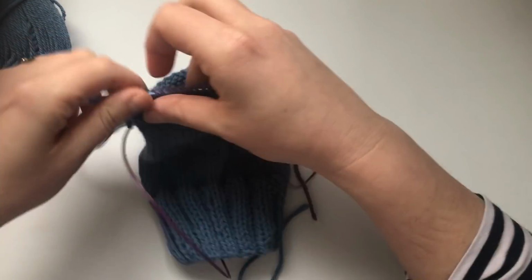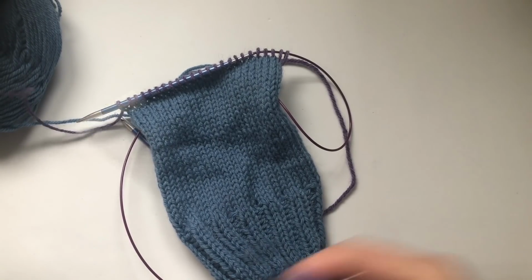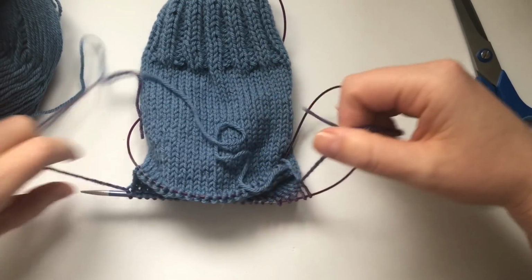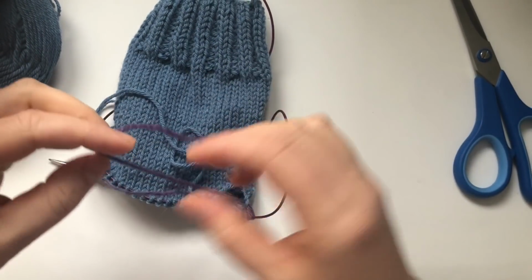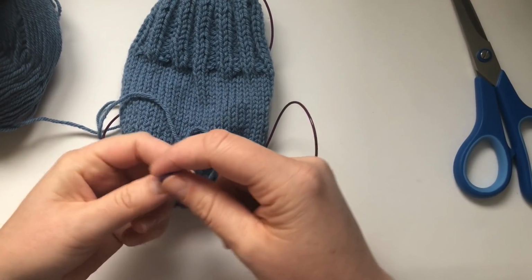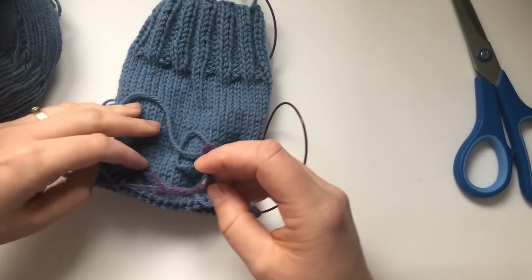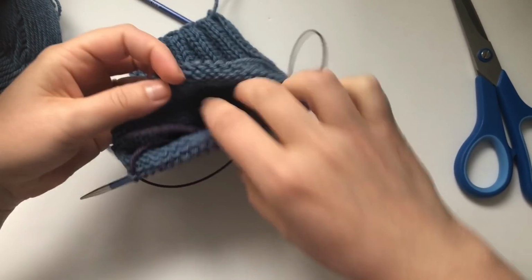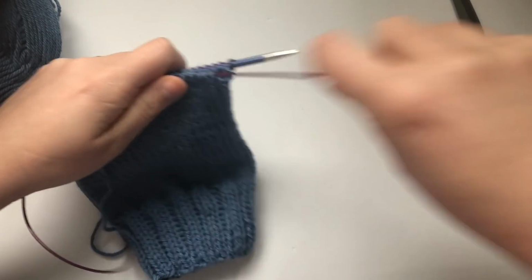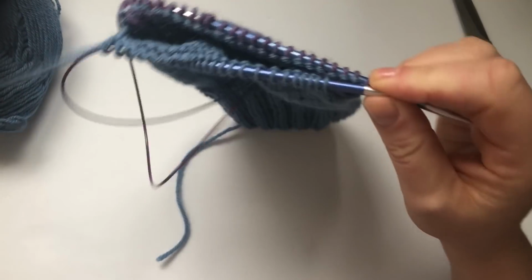There we go. So I've done half of my stitches with the purple yarn. Then I'm going to leave a little bit of yarn and then cut. And what I'm going to do next is just do a little, not a knot, I could just do a bow like this, so I know that those stitches are going to stay put. And I'm going to tuck it in. Okay? Then I continue knitting magic loop method in the round,